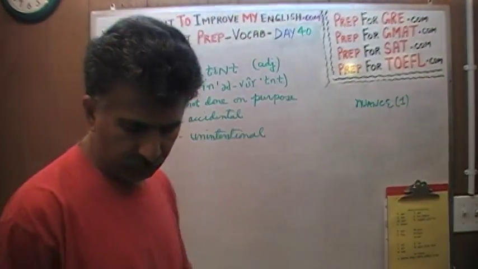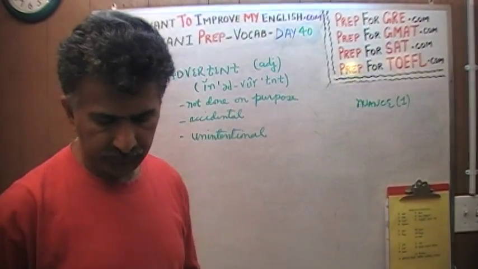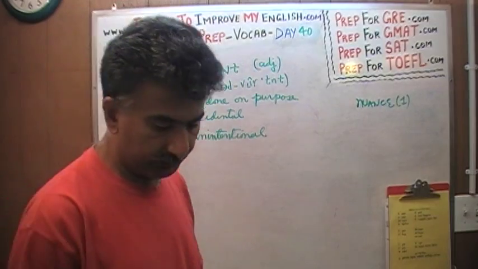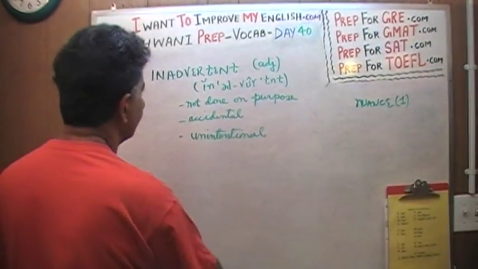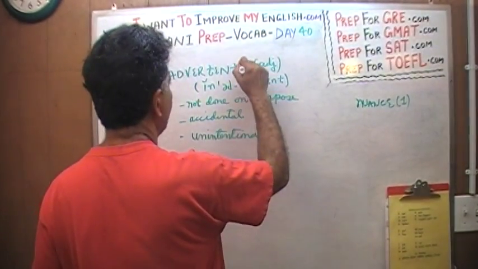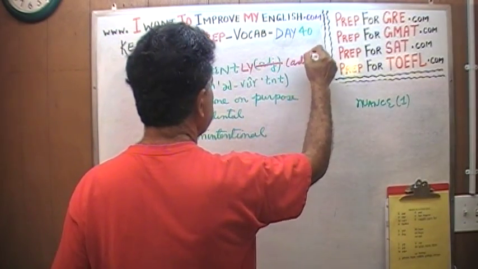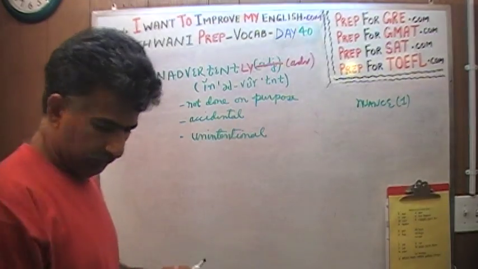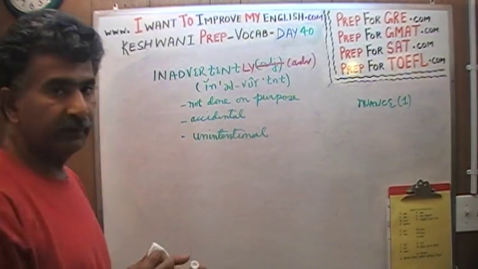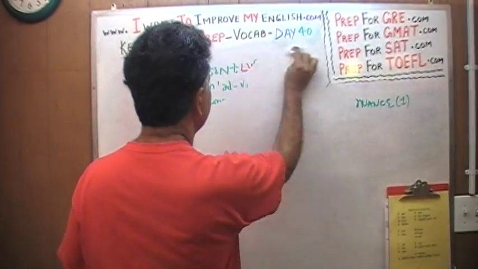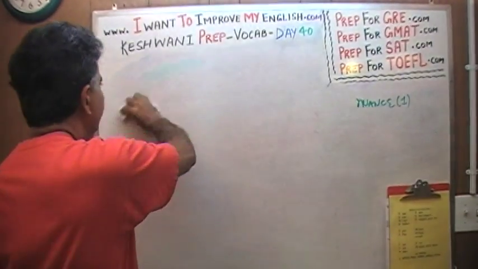I want to move on to the next word, which has nothing to do with the word that we just learned, inadvertent. The adverb would be inadvertently. And that would be the adverb. Let's go on to the next word. As I said, the next word has nothing to do with inadvertent. And the word is,